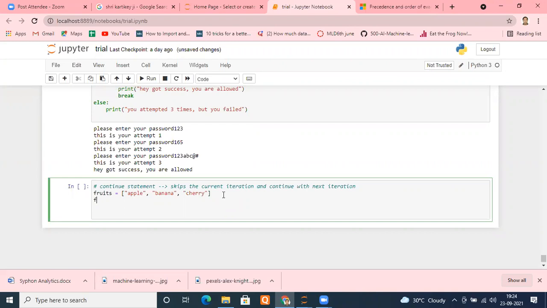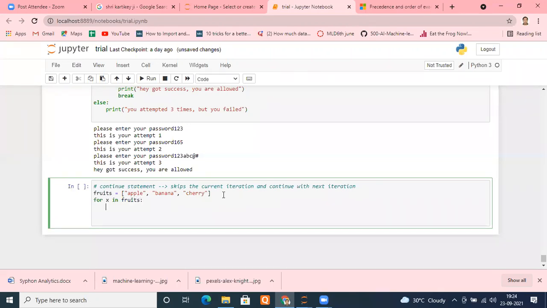You know the name you will put, right? Anything you can put for the loop variable, you can put anything you want. Suppose I put X, is it fine? I can put X or not? Anything I can put. Okay. Which thing do you want to go through? You want to go through the iterable. The iterable is fruits. Yes, fruits. Very good. And I can do print of, what do I have to do, tell me. Print of X. Yes, only X.